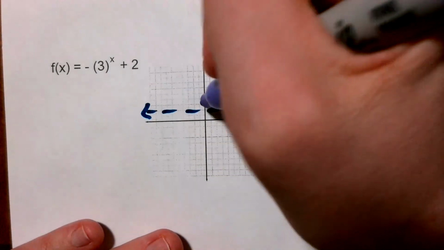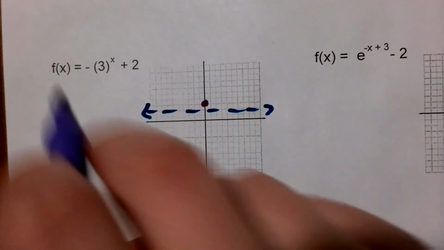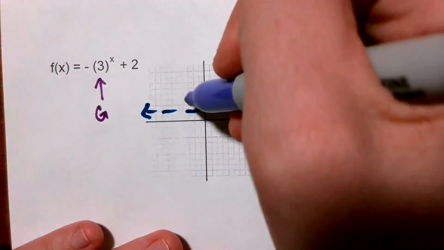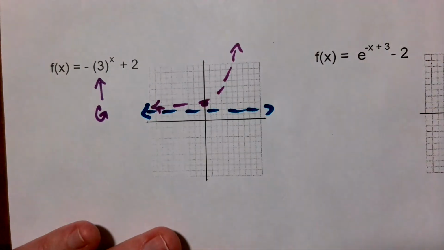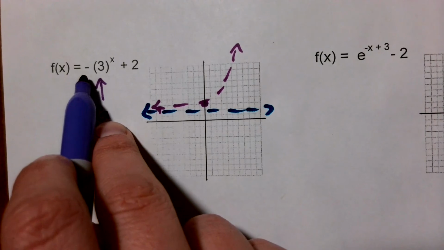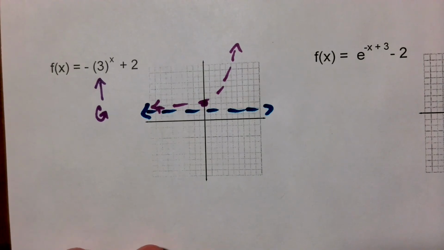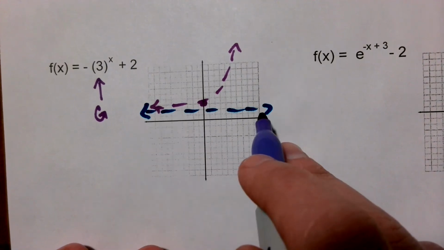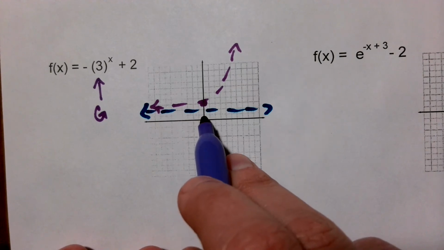So I didn't go left or right. That point is always going to be 1 above my horizontal asymptote. Looking at my 3, my base, I can see that it is growth, and so initially I might think it looks something like this. But then I do have a negative on the outside. If we go back to our parabola, which is the easiest to look at, if it's negative on the outside, it reflects over the x-axis. Since we already have this asymptote, we might be wondering whether we reflect all the way down here or just on the other side of the asymptote.